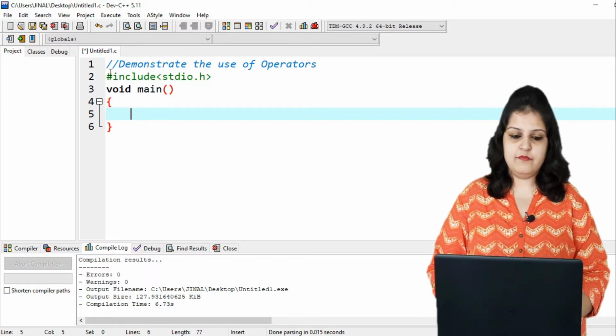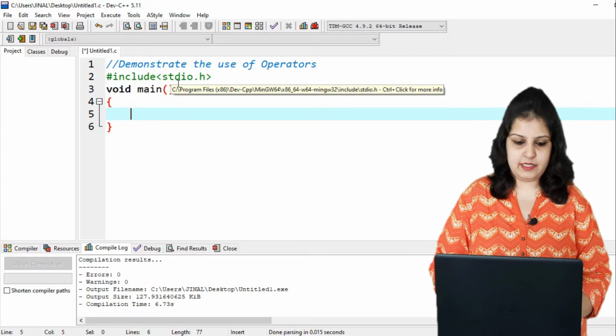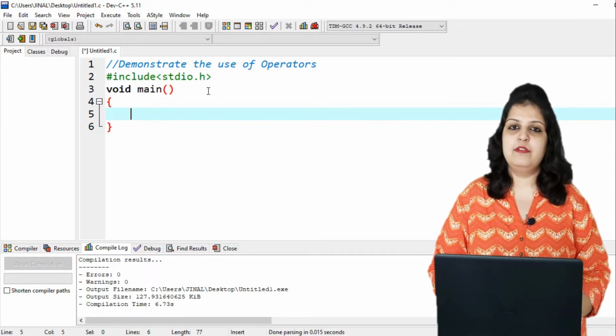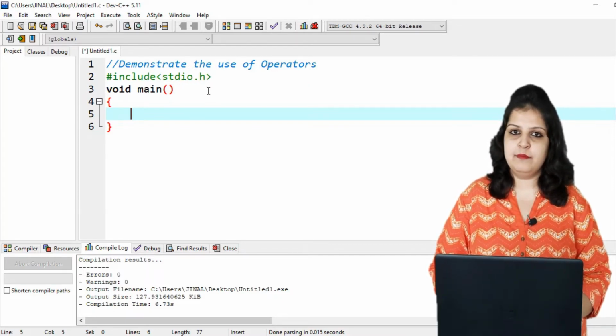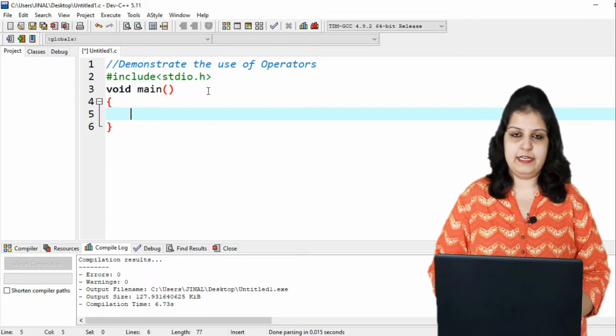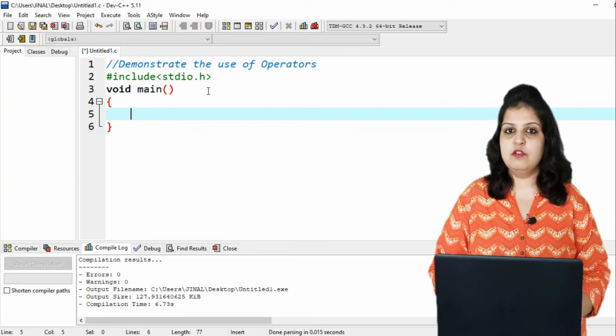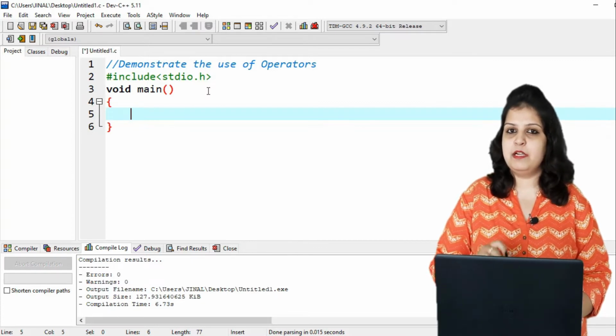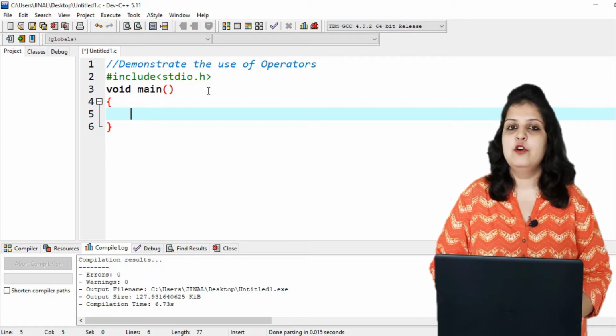First of all we have to include our library, that is stdio.h. Then our logic will be in the main function, so I am writing void main. Now if you want to see the use of the modulo operator, just remember the arithmetic operators: plus, minus, multiplication, division and modulo.